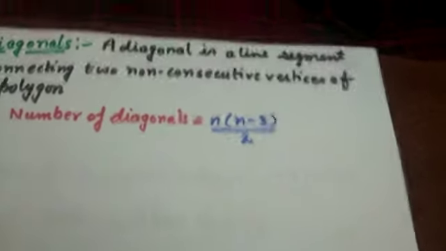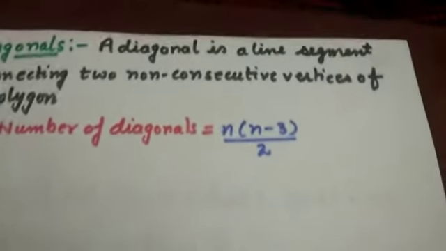Number of sides are 3. Name of the figure will be triangle. Then a figure having 4 sides is called a quadrilateral. A figure with 5 sides is called a pentagon. A figure with 6 sides is called a hexagon. A closed figure with 7 sides is called a heptagon. With 8 sides, octagon. 9 sides, nonagon, and 10 sides, decagon. So this was the classification of the polygons.